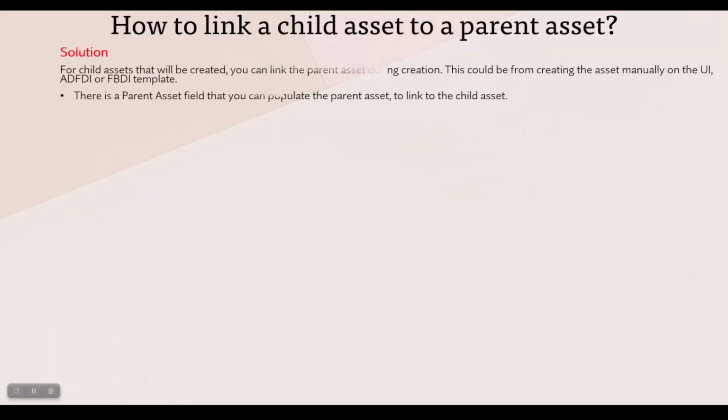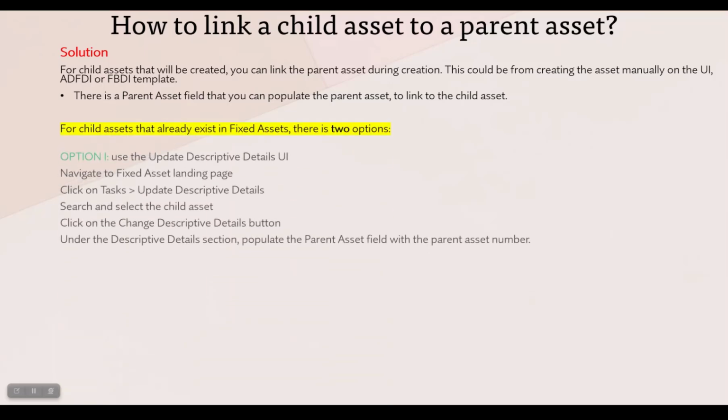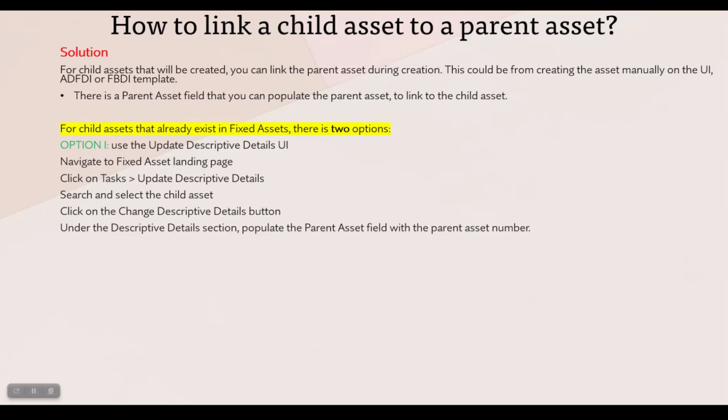How to link a child to assets? There are two solutions for when the child asset is created. You can link the parent during creation, or through the parent field where you can populate the parent asset. For an existing child, you can update descriptive details through the UI. For example,